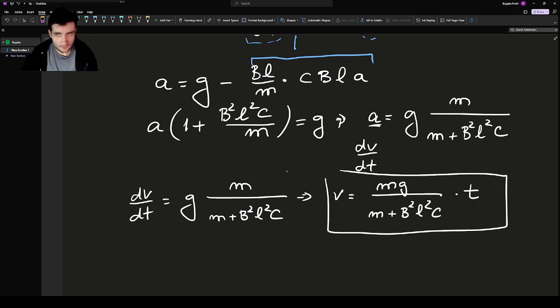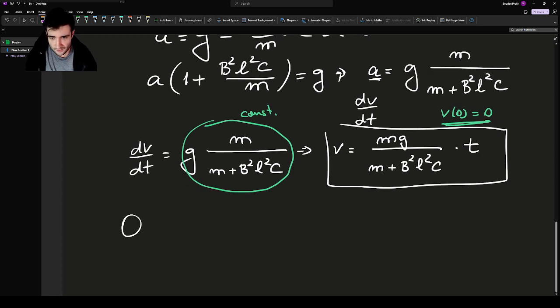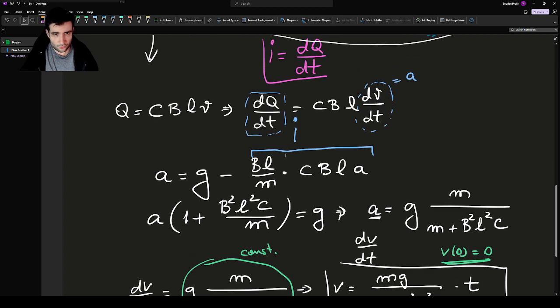So this whole thing is a constant, so it's relatively easy to integrate, and we know the initial condition, which is that at time equals 0, the velocity is 0, which means the constant of integration just vanishes. So our charge with respect to time, our q as a function of t, will be equal to